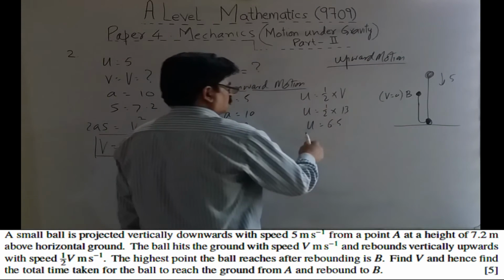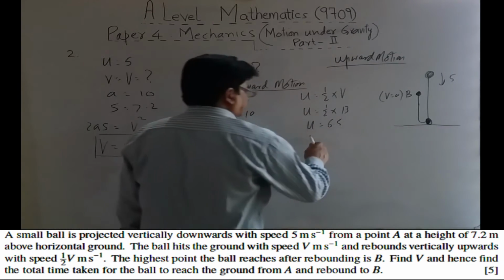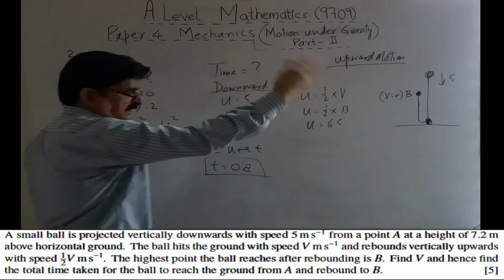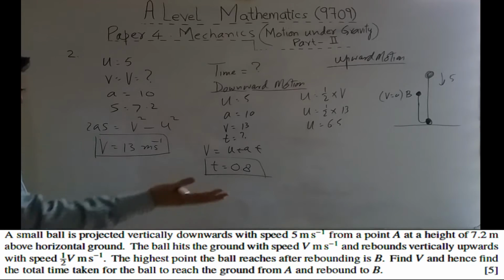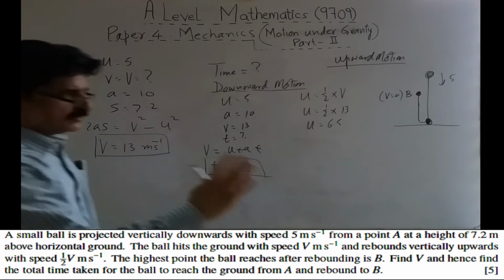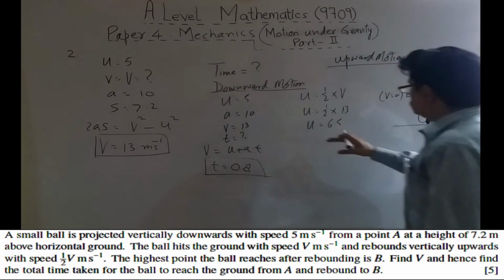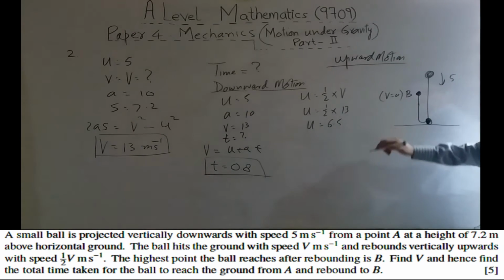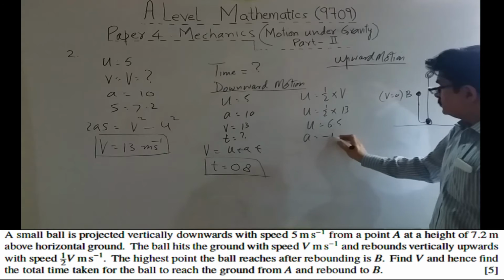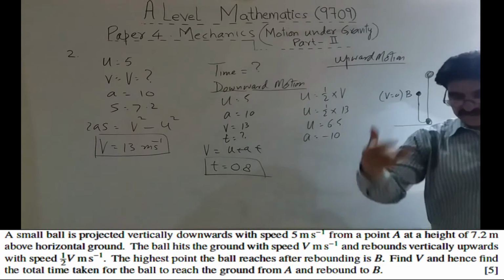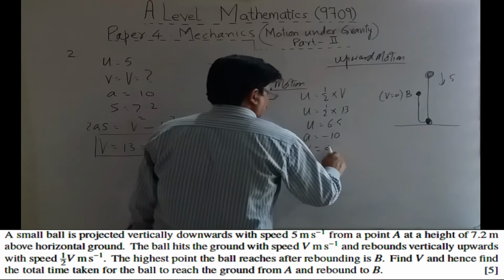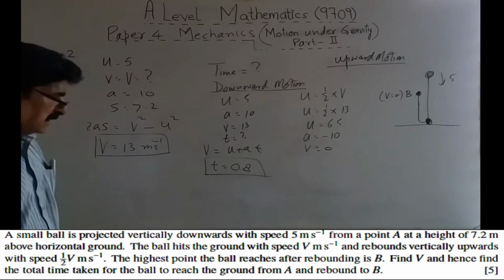Now for upward motion, initial velocity is taken as positive. So this direction is taken as positive. Now it has no concern with the previous part, downward motion. We are dealing independently with these two directions. So you only consider that it's moving upward in one direction, one dimensional motion. So we have acceleration equal to -10 as gravity or weight acts downward. Now at the highest point v becomes 0. It's given in the question.